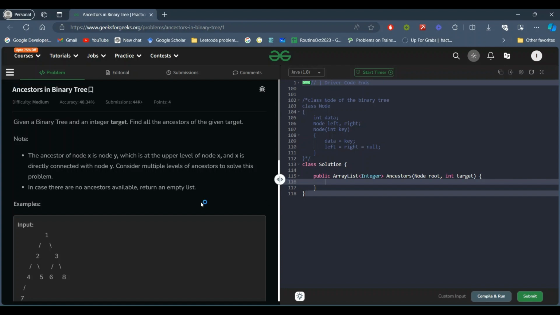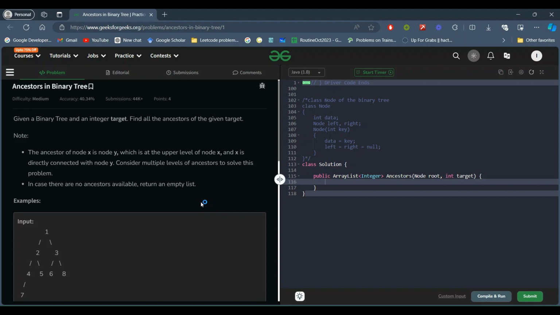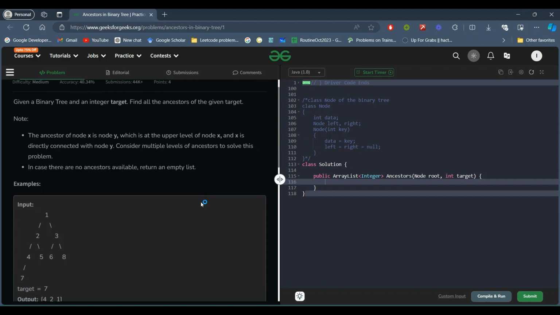Hello everyone. So today we are going to solve GFGPOD and the problem is ancestor in binary tree. So let's go with the problem statement. Here it is given a binary tree and an integer target. We have to find all the ancestors of a given target, and we have to note that the ancestor of